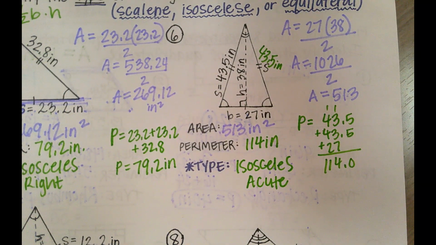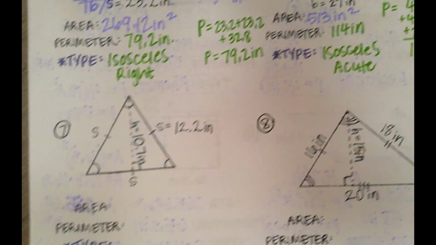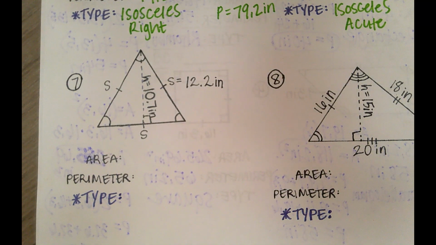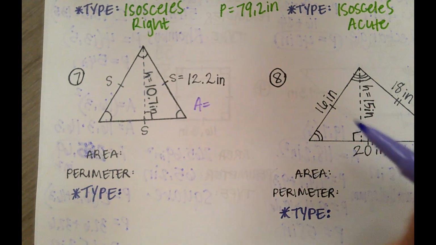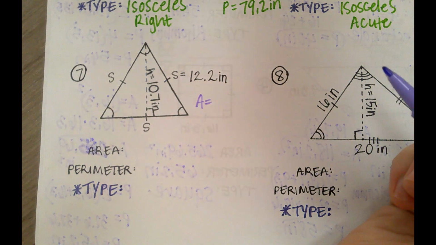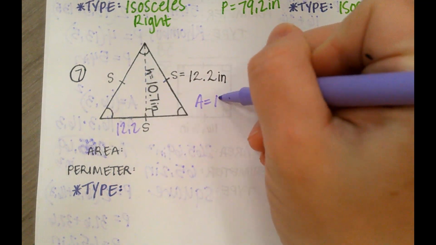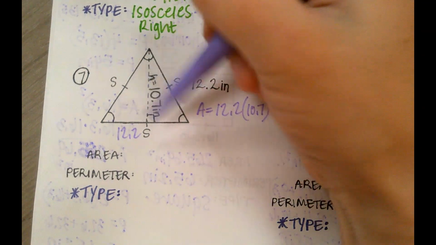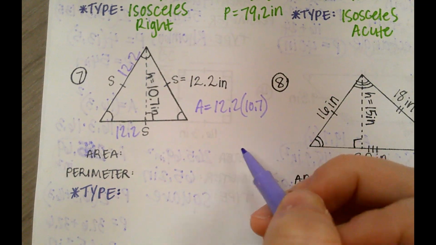Okay. Let's look at number 7. How do I find my area? Your base and your side lengths are all the same, so it's going to be 12.2 times 10.7. My base is 12.2 because all my sides are 12.2. Okay, and that will give us, let's see,